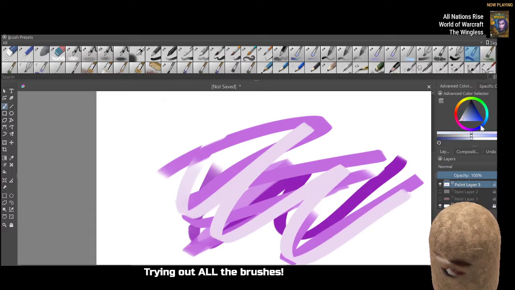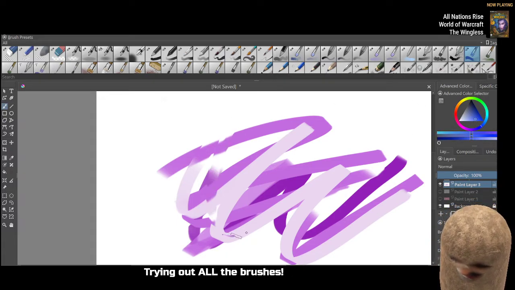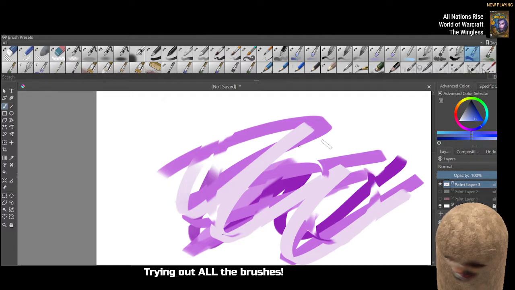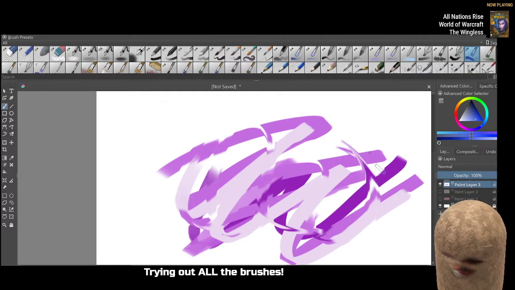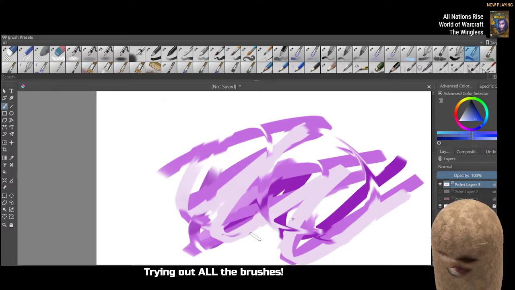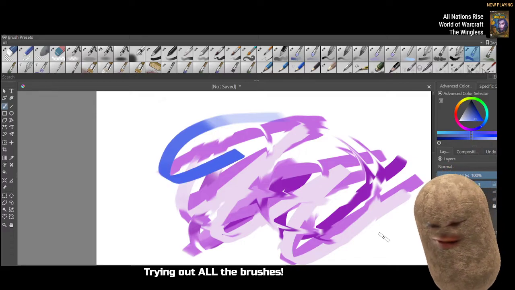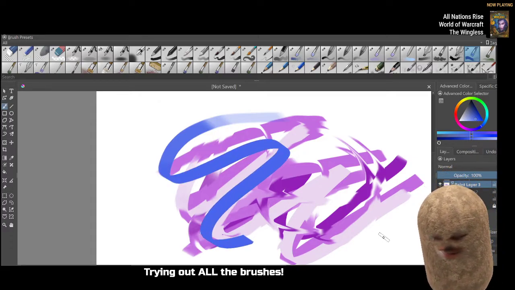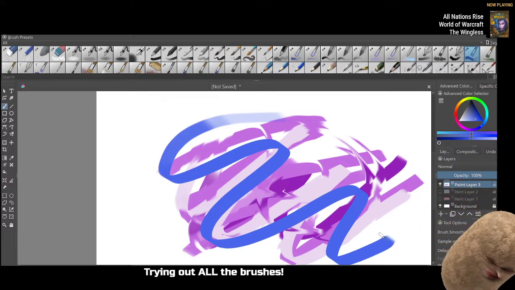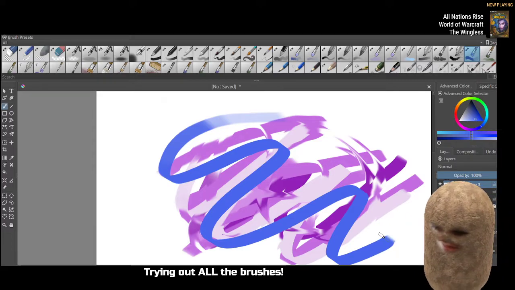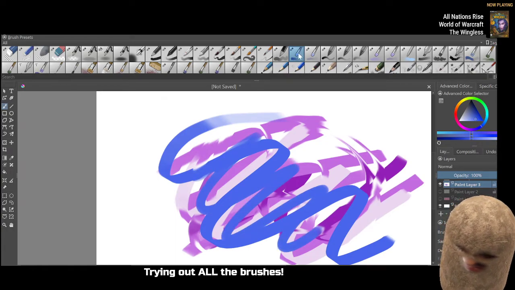I'm guessing like the other brushes, if I go very light, it's actually pretty responsive. I'll just wait for this to finish drawing what I finished drawing a few minutes ago. It's an alright brush, but compared to these ones where it's a bit more responsive,